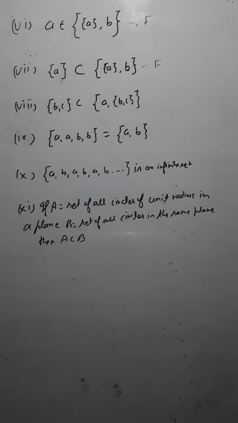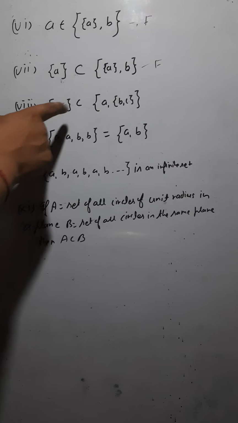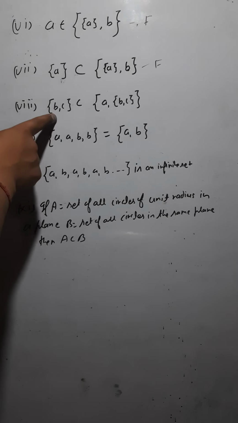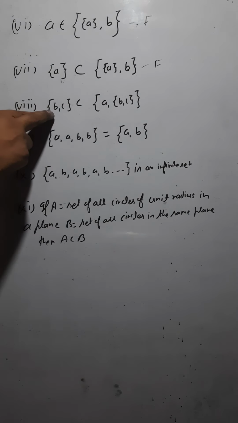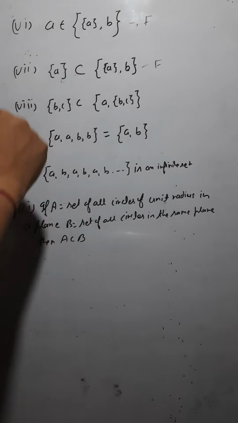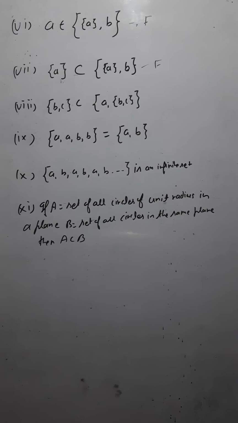Now if you see, here you have a set which contains two elements, B, C. Is it a subset of the given set? Again, no, because it would be a subset of the given set only if all the elements are here also. Here you have two elements B comma C, so these are not here. This B comma C is a complete set here. These are not the elements here, isn't it? Getting it or not? So again the statement is false.